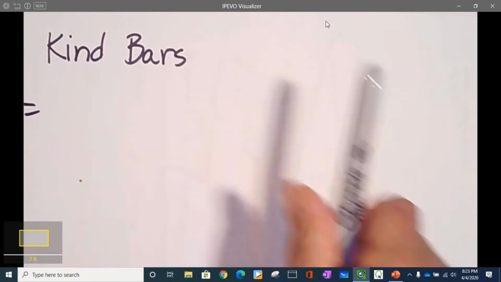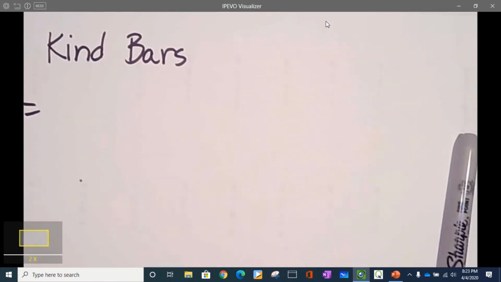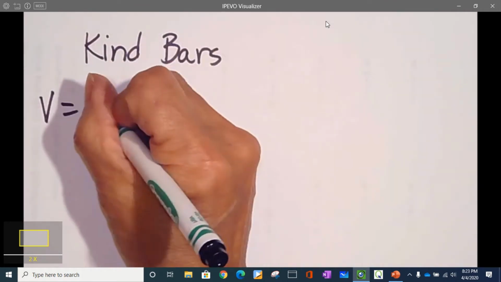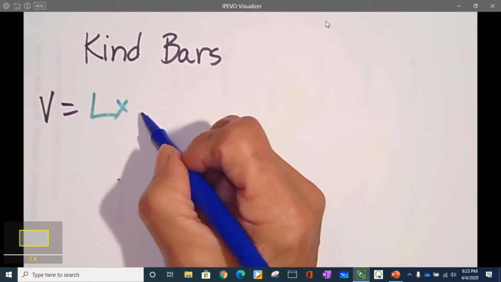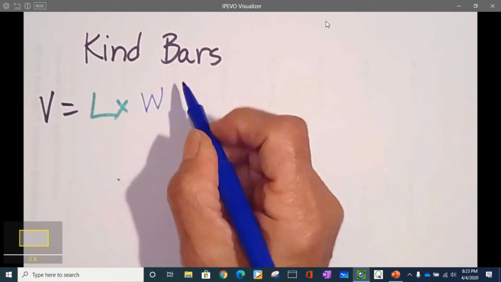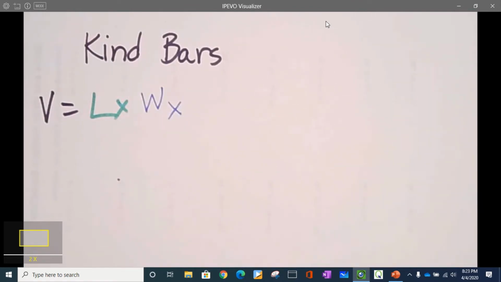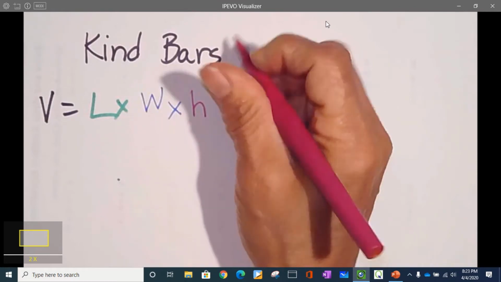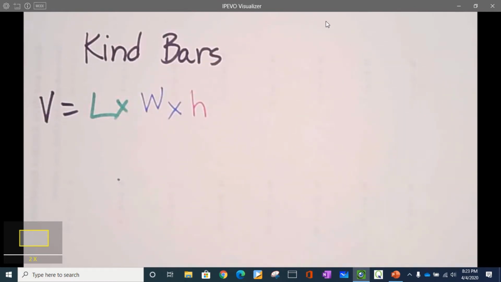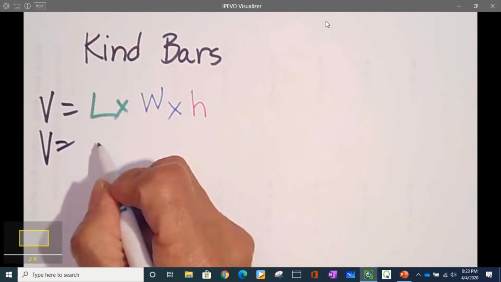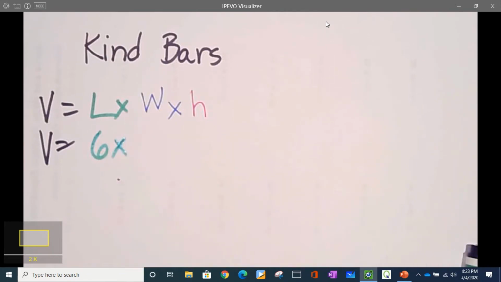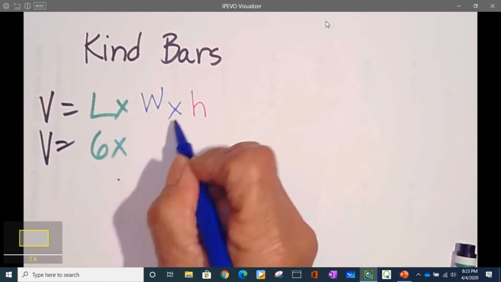Volume equals length times width times height. So the length of my kind bars box was 6 times my width, which is 2.5,